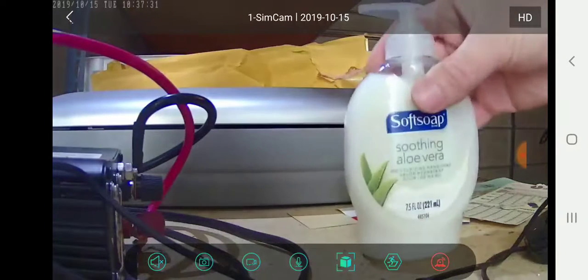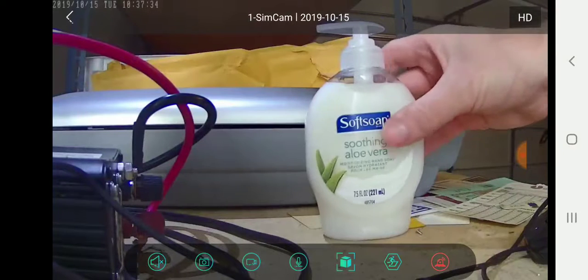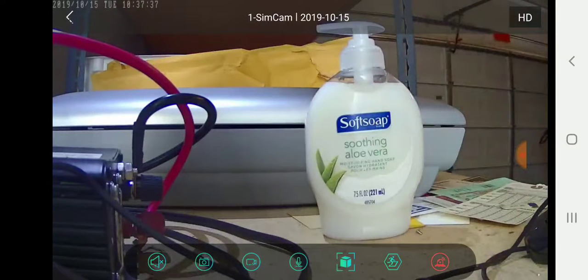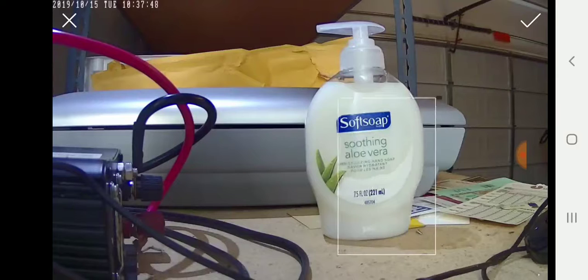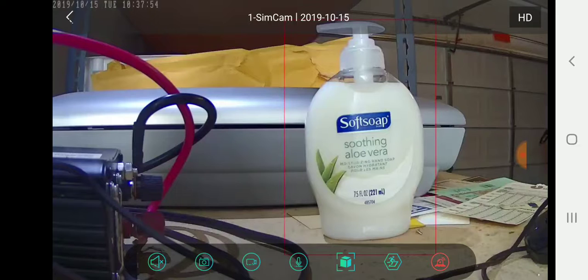Not sure that this would work as well if I was tracking my car or another object, but I guess it works better if you want to just select an object and have one-time tracking. So going back to those use cases, better for something like a cash register or something that you want to track, and if it walks away, it's a problem, but then you'd have to, I guess, reselect it each time in order to have that tracking. So hopefully something they could implement going forward would be to continue to recognize the same object. So if the soft soap walks away and comes back, it would tell me an alert. I wouldn't have to reselect the object each time. And again, that could enable things like tracking a car, where it's designed to come and go, and you just want to know